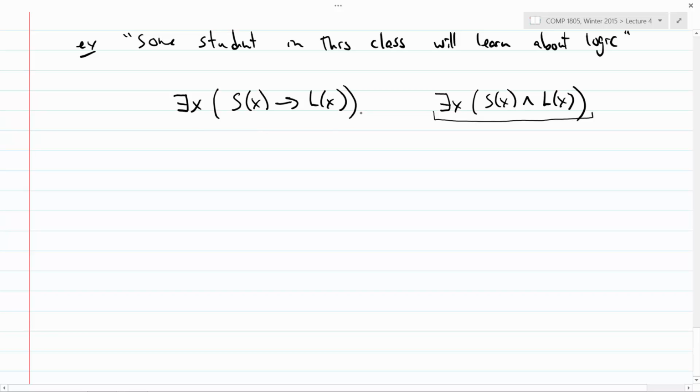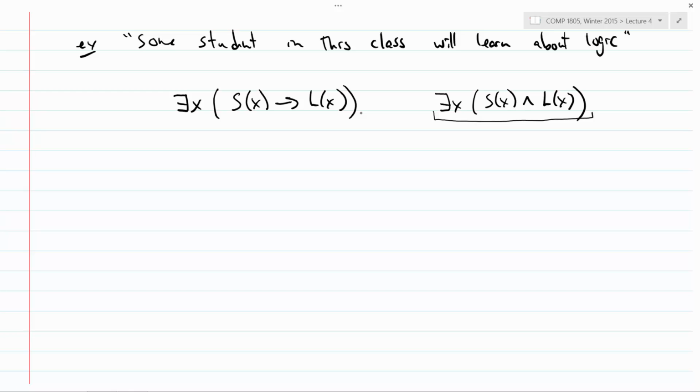But I said that no one in the class learned about logic, and you all agreed that in the sentence, some student in this class will learn about logic, I should be able to point to a student in this class who knows logic. Right? But I can't do that in the first sentence, although I can in the second sentence. So the problem we have here with implication is the opposite of the problem we had with conjunction in the previous example. In the previous example, the conjunction was too strong because it talked about people who aren't in this class. In this example, the implication is too weak because it talks about people who aren't in this class. Is that distinction clear?